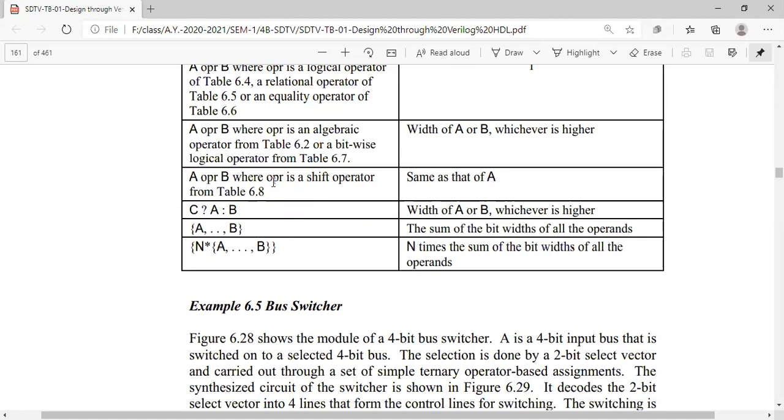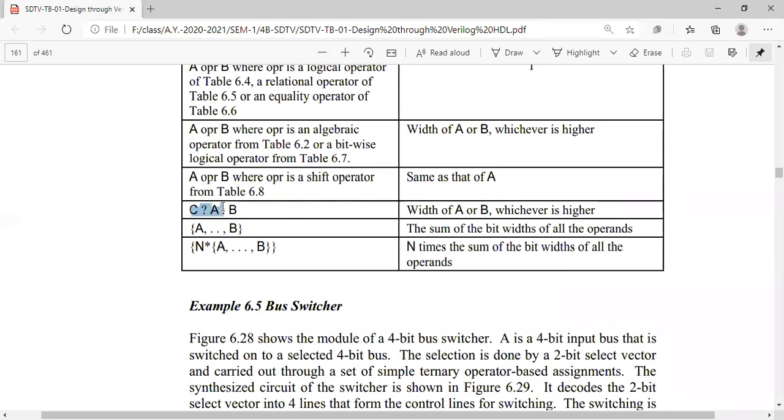So if A operator B, generally we say here capital A, operator, small b. Small b indicates how many shifts we have to do, right? A operator means either right shift or left shift of B. If A has some 8 bits, automatically the result will also have 8 bits. The bits which are present shift right, and the remaining bits on the left side will be given zeros, right?